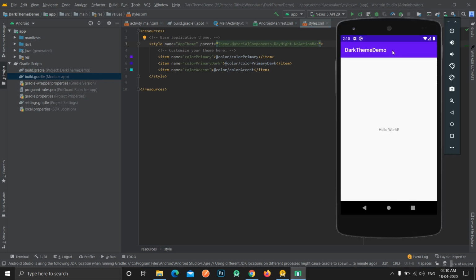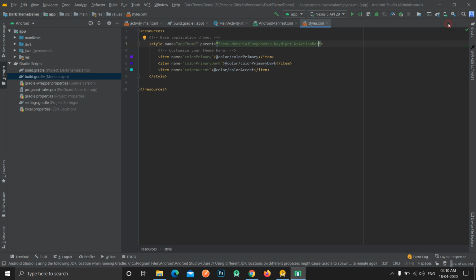We also don't want this action bar, so we will use this theme. We can read from here that this is a day night theme. What day night means is that it will include all the components and colors and all that setting that is available for both light and dark theme. So with this our application will be completely compatible with the dark themes.